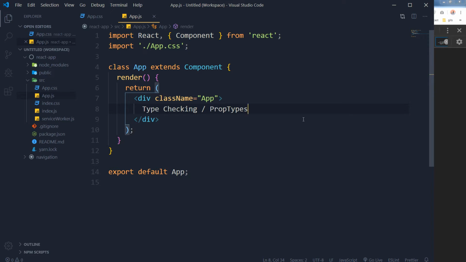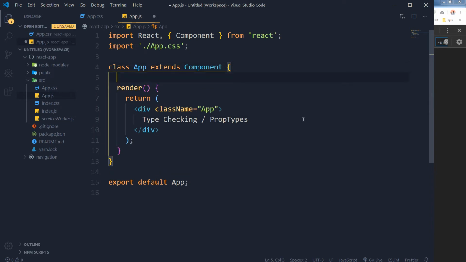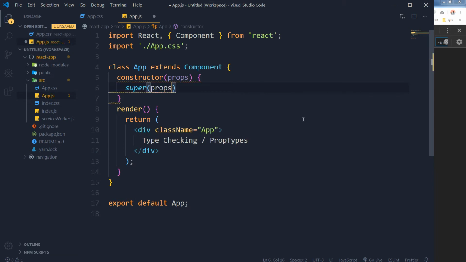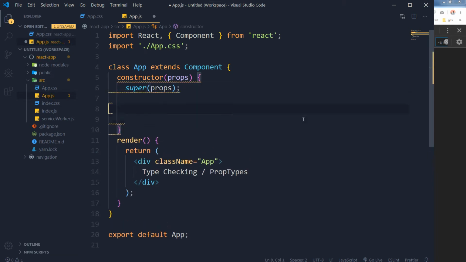So first of all, we need some kind of data, and usually in our applications, data comes from the state. So we will declare this state in this app. We declare state before the render, like so. Constructor props, super props, and this is our state. this.state